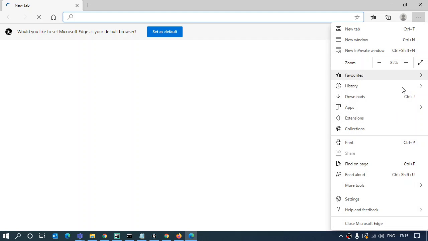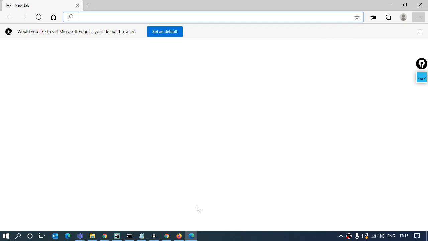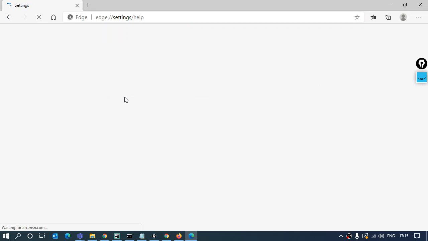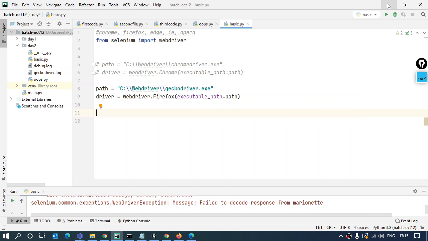From these three dots, Help and feedback, About Microsoft Edge, the version that I've got is 86.0. That's the same as the Chrome version, which was around 86, and it's also 86. So this also needs to be updated as per the drivers.